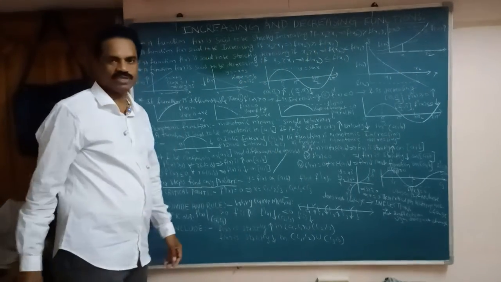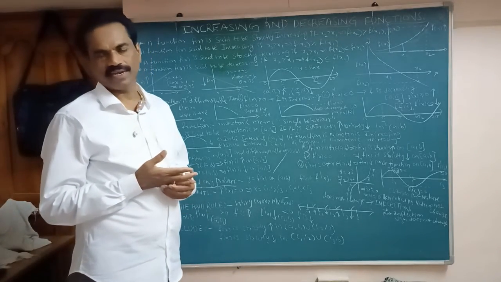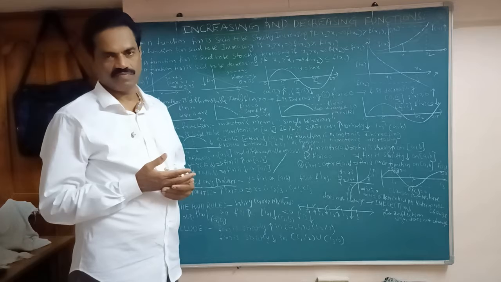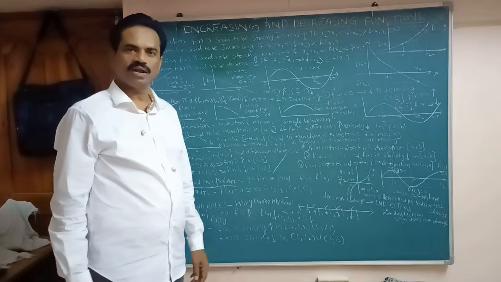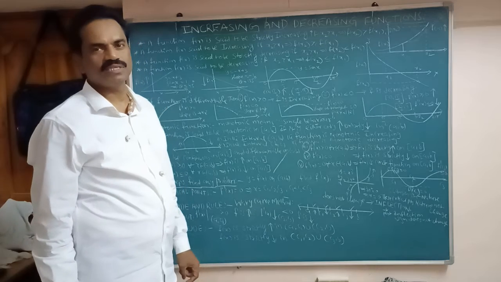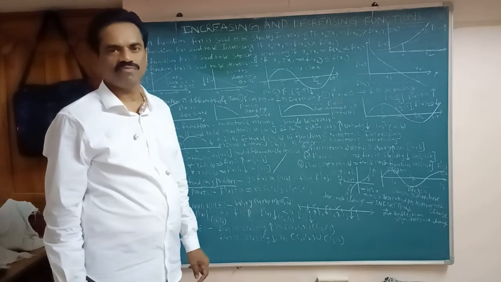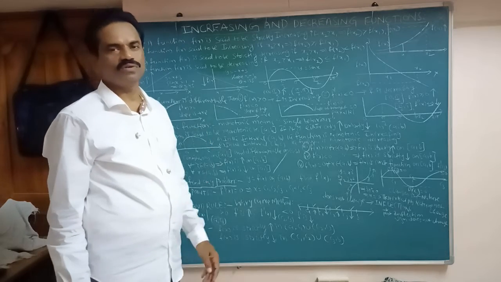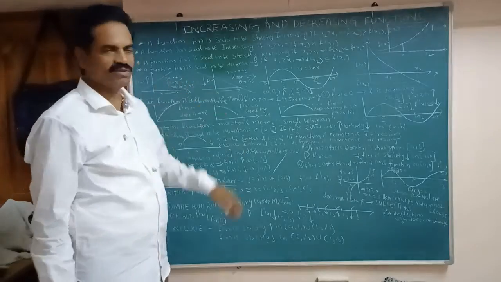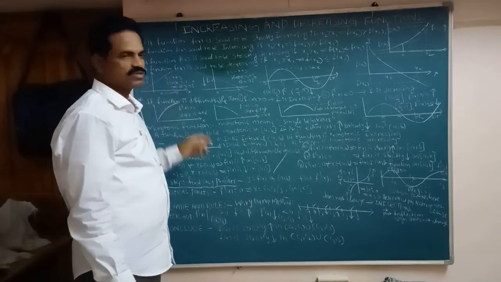Here, examples. We know that y equal to mx plus c is a linear equation. It is a line, a first degree equation. What is the slope of the line? That is m. M is the slope of the line, that is minus coefficient of x by coefficient of y, or converted to y equal to mx plus c. Comparing with y equal to x plus c, m is what here? The x coefficient is 1.